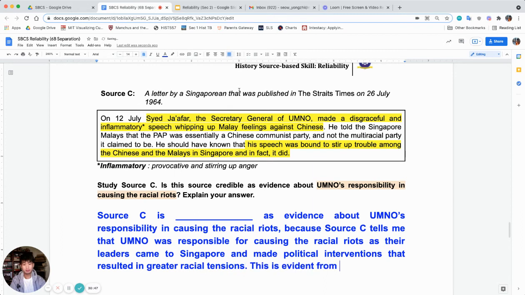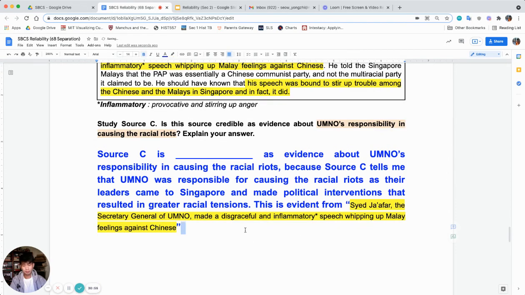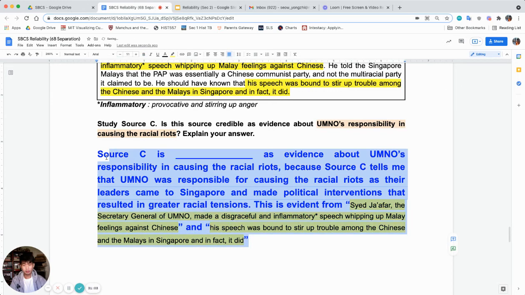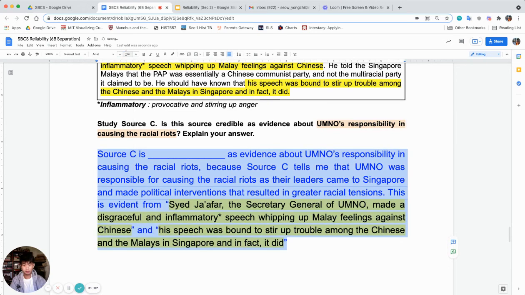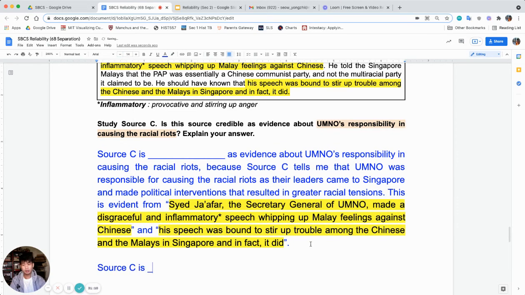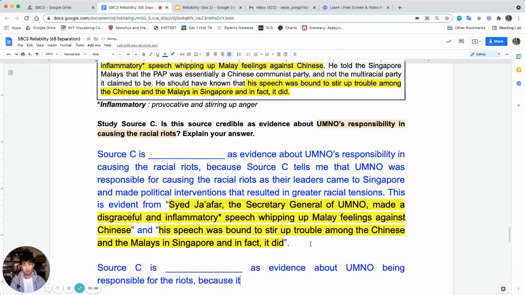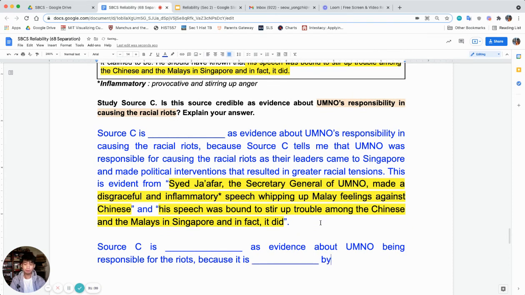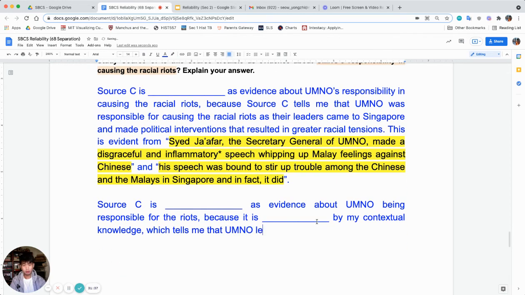This is how I think. Source C is, don't know yet, credible or not credible, as evidence about UMNO's responsibility, UMNO being responsible for the riots, which tells me that UMNO leaders did in fact come down to make